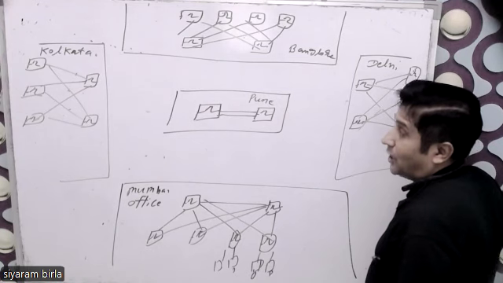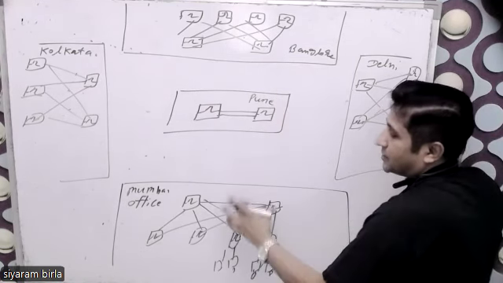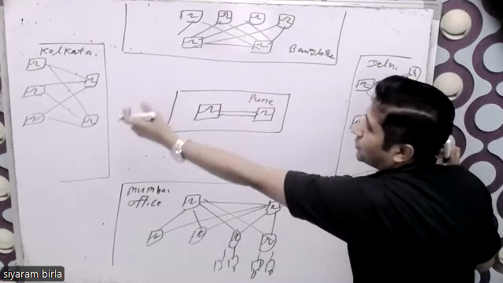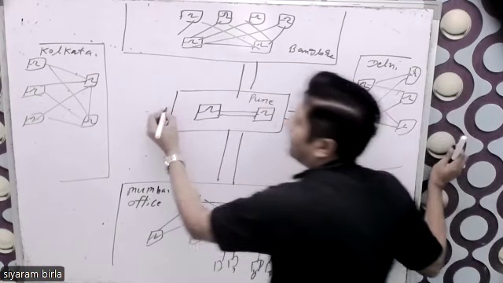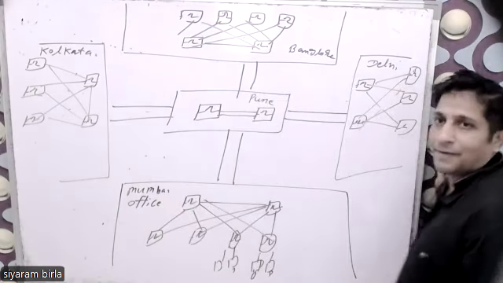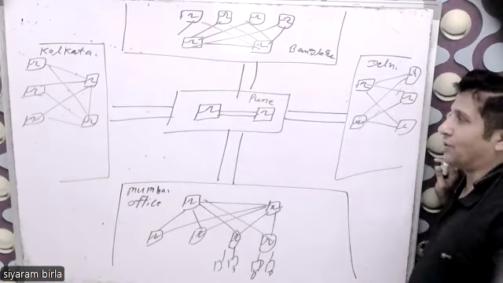And as compared to the distribution switches, the horsepower of these is very high. So all offices are connected to the centralized Pune office. As compared to distribution switches, their memory and processor is very high. So that's why this switch is called the core switch. Like our whole body is connected via our backbone.